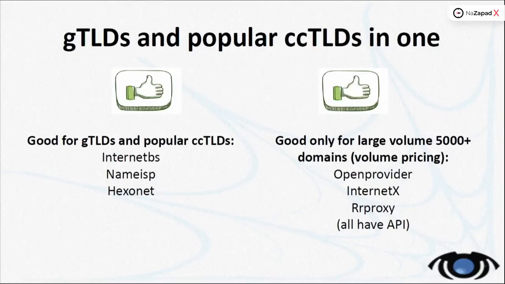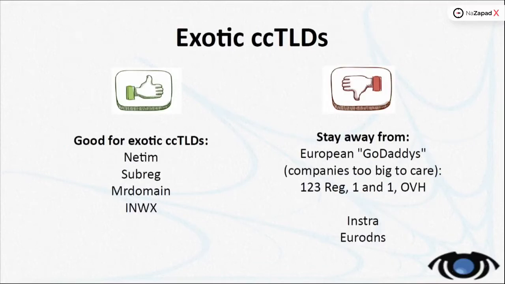And these you can use at least if you have 5,000 domains. If you have less than this, I wouldn't recommend it, because they are made to be used not by people, but for APIs, for resellers which do everything with an API. So you see bad panels, some easy tasks are not so easy there because of every domain being tied to a contact and all of this system, the contact and the handles I explained. So this is for really serious stuff, and basically if you use API to manage your domains, then it's worth it, otherwise it's not. And exotic TLD is my favorite, the ones that are easier and cheaper to get.